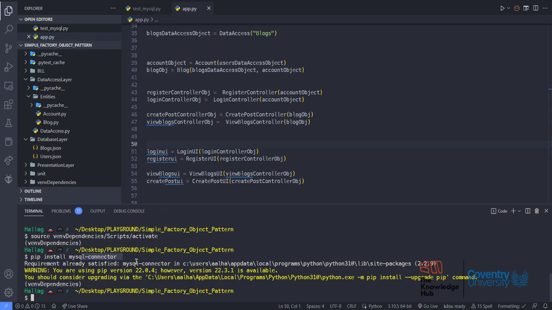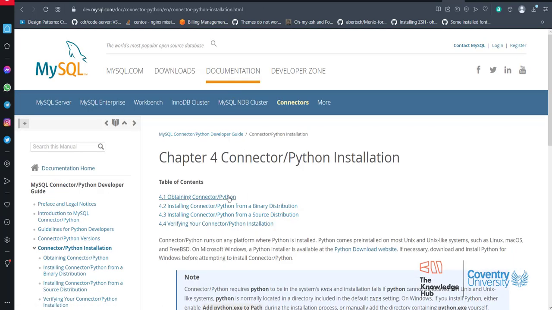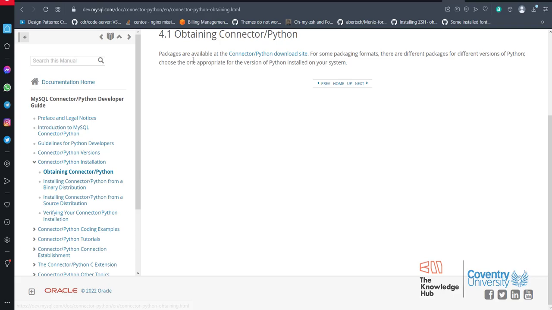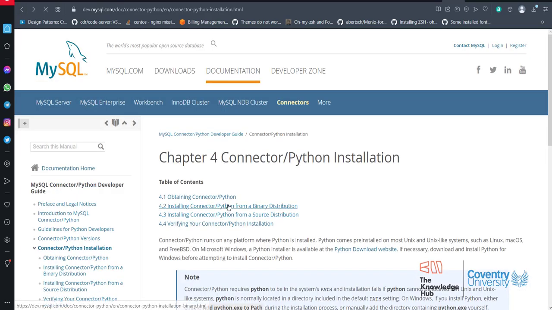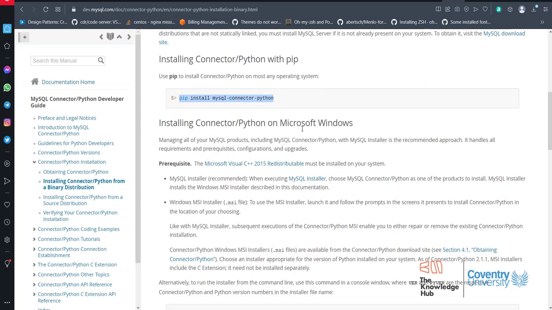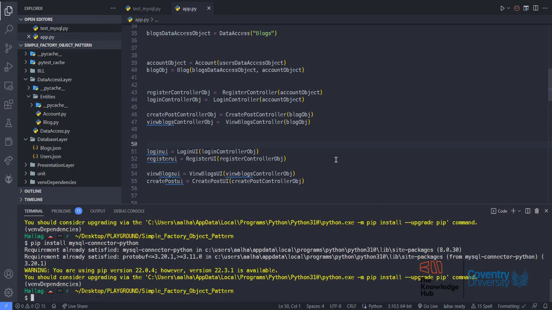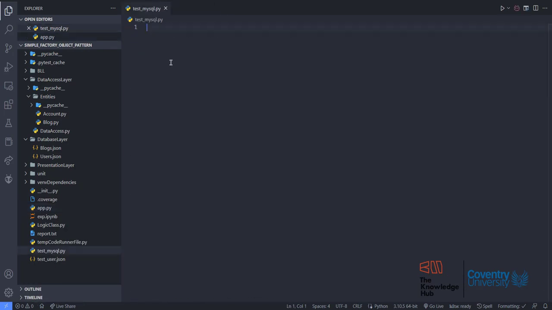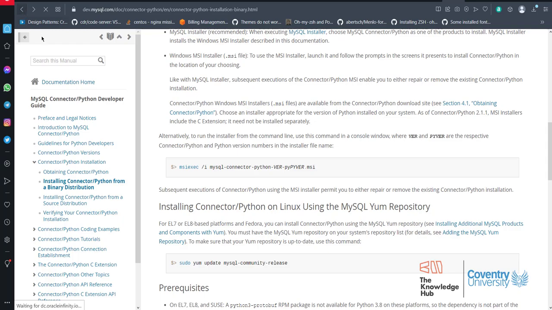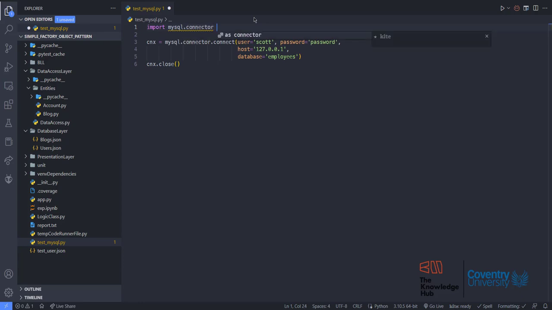Pip install. I think I did something wrong here. Maybe I have this. Let me just see the installation one more time. Okay, so we need Python. Alright, so obviously I have this installed, so all good. Alright, so let's go back to this part and let's see the example here, and let's take this example from there. Right, so let's import this